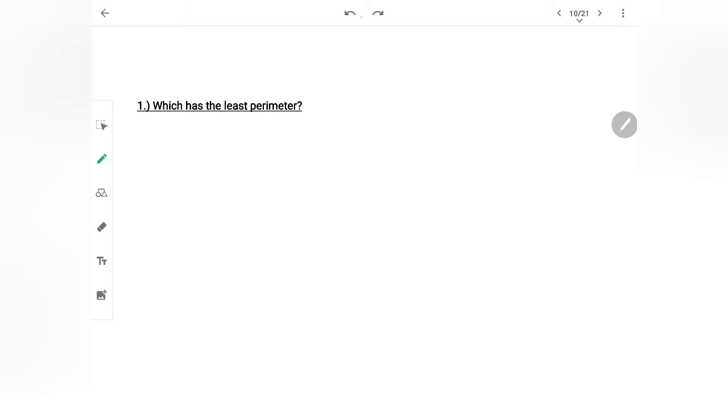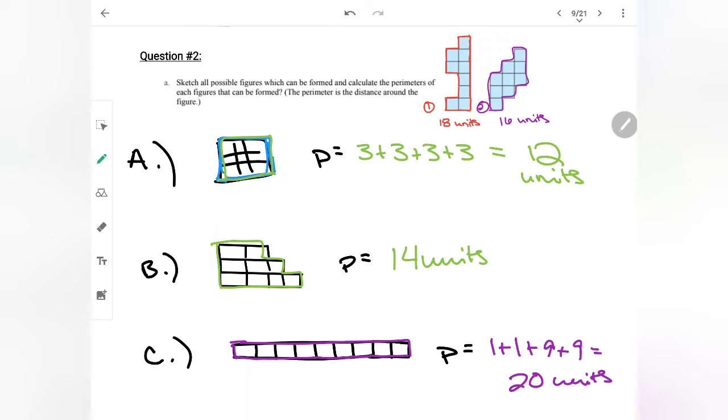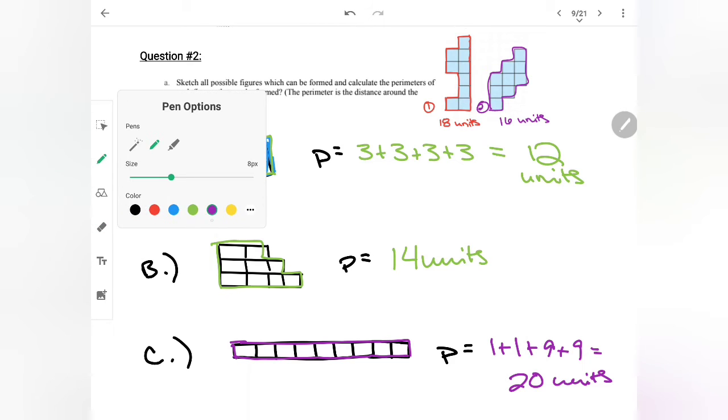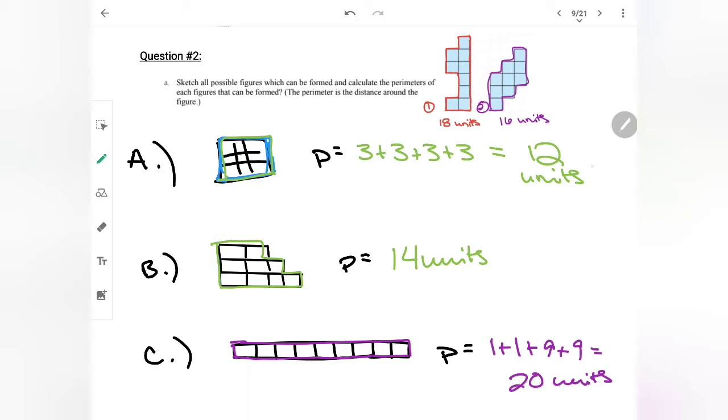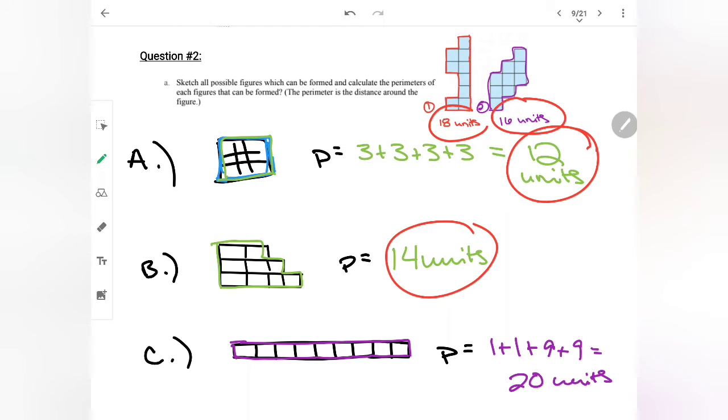So if we look back, we know we have 12 units, 14, 16, 18, and 20. Now, out of all 5 of these perimeters, I would like to think that 12 units is going to be our least,